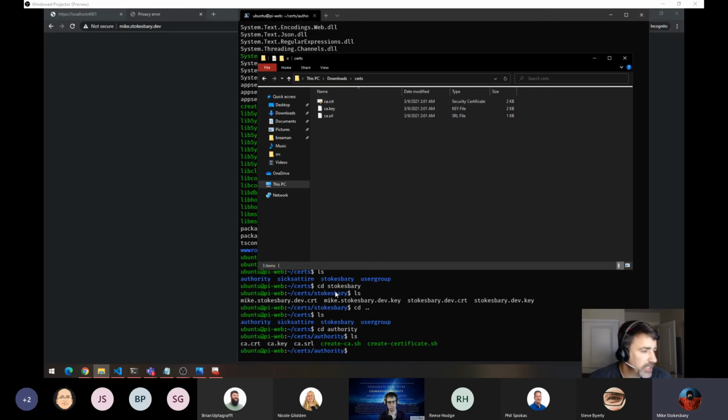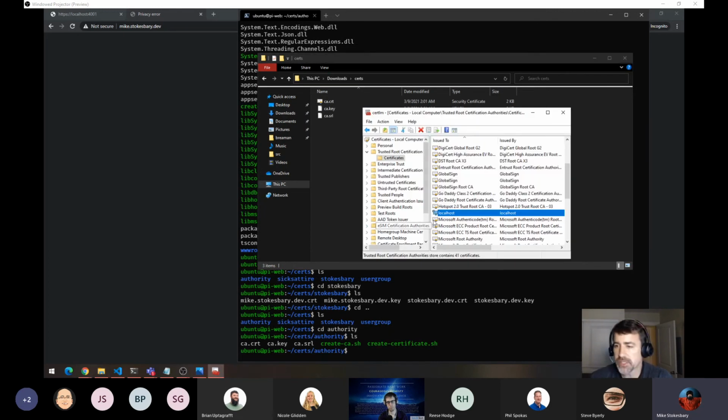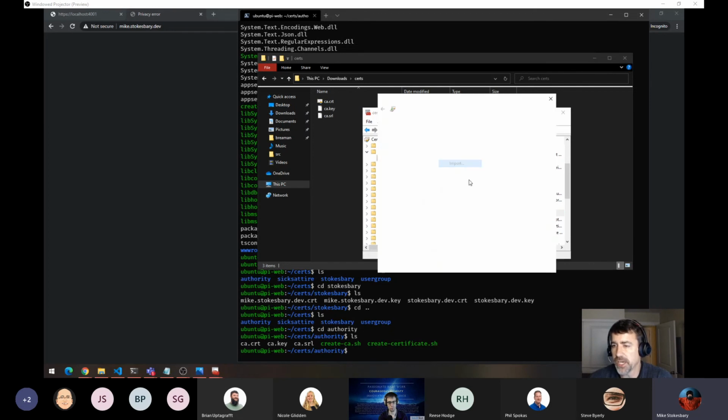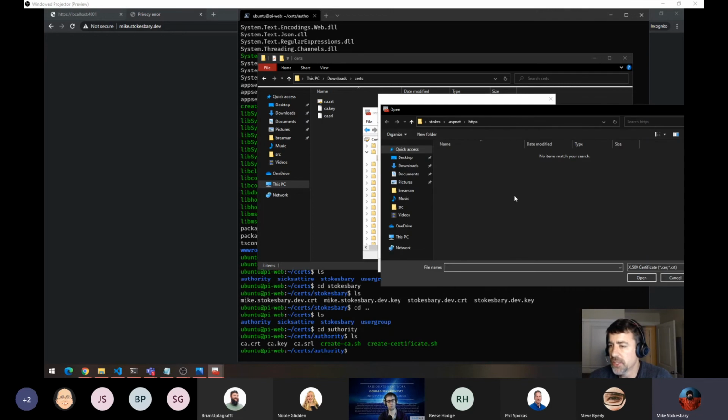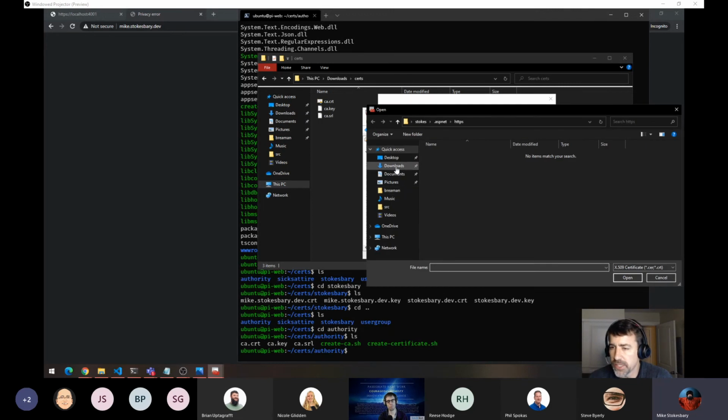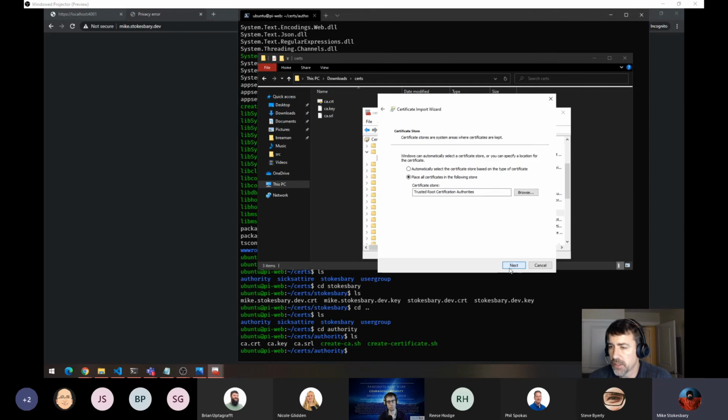So there's my CRT. Now if I import that CRT into this, and again, this is a one-time setup that I had to do, because I'm using that same certificate authority on all of my dev sites that I'm running on this Pi. So if I browse to my downloads and go into my search and import this guy, next,